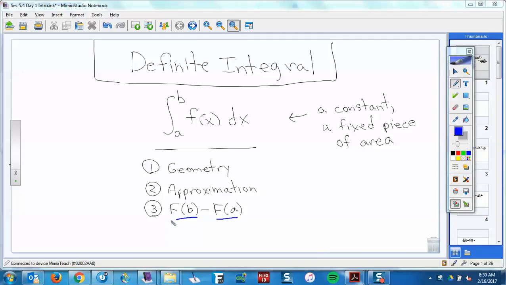Right, so since we want to use the fundamental theorem part 2, and that means we need antiderivatives, then we better know how to do antiderivatives. Now, what I want to talk about right now is why do we use the integral sign with nothing on it to mean antiderivative? And I'll be honest, when I was in your shoes, sitting in high school, our book,